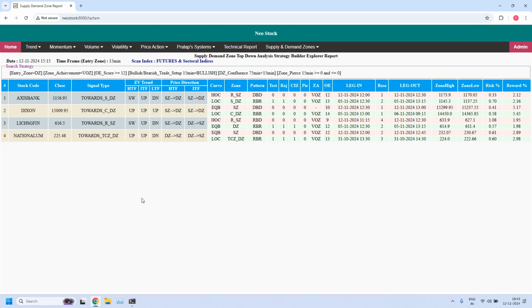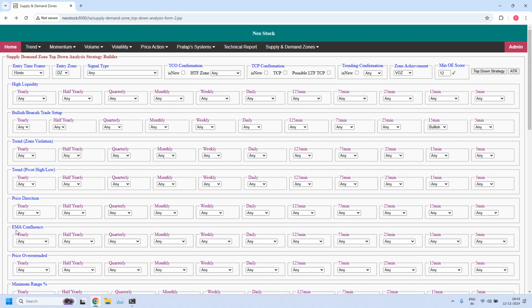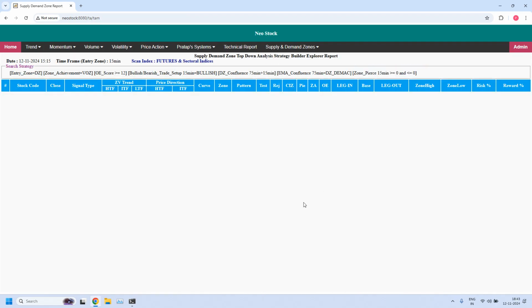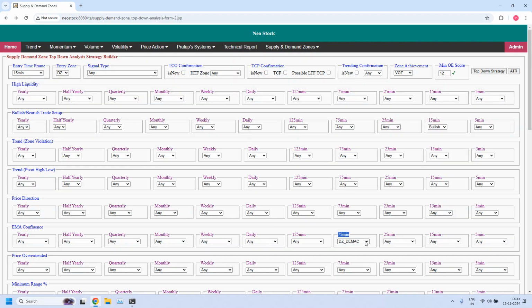If any of these 75 minute zones are having daily EMA confluence, they are even more high probability setup supported stocks. Let's verify. So in the EMA confluence at 75 minutes time frame, 75 minutes demand zone with daily EMA confluence. We did not get any stocks. Okay, fine. Next, let us look for LTF, ITF, HTF